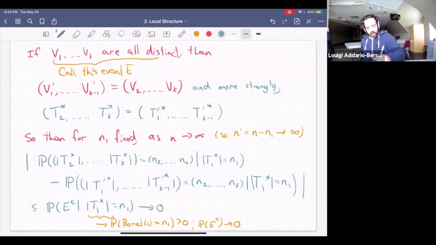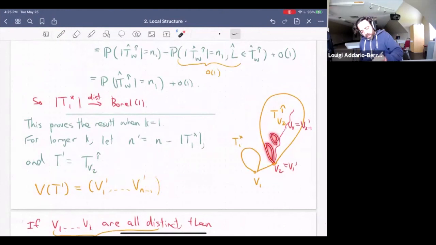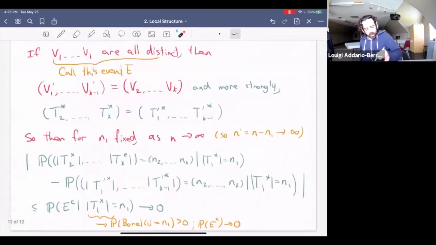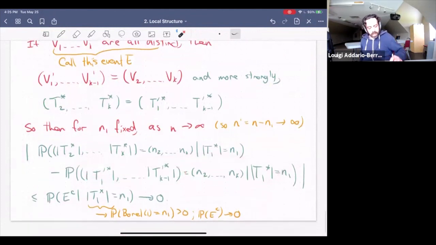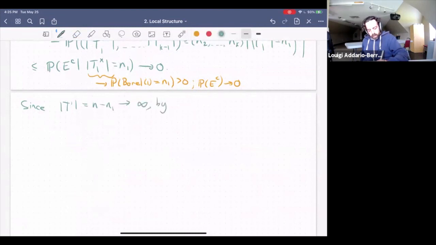So what does this computation do? It says that for computing the probability that we see K minus 1 given subtree sizes in this tree, we can really just think of the probability of seeing K minus 1 given subtree sizes in a uniform tree of a slightly smaller size. That latter probability we like, because now we can just apply induction. Since the size of the tree T prime is tending to infinity, then by induction,